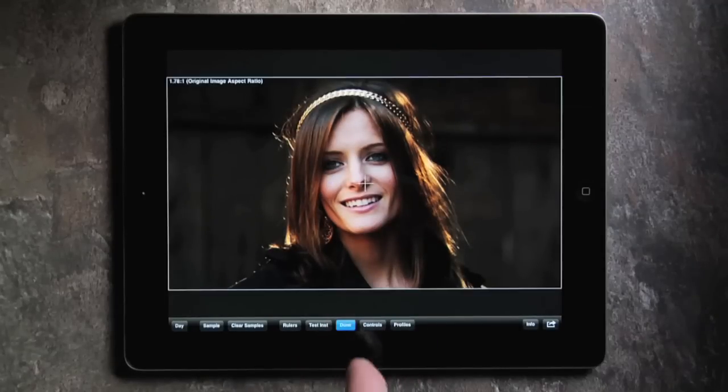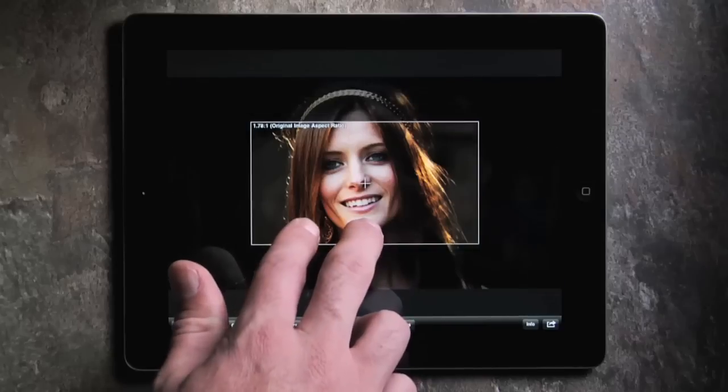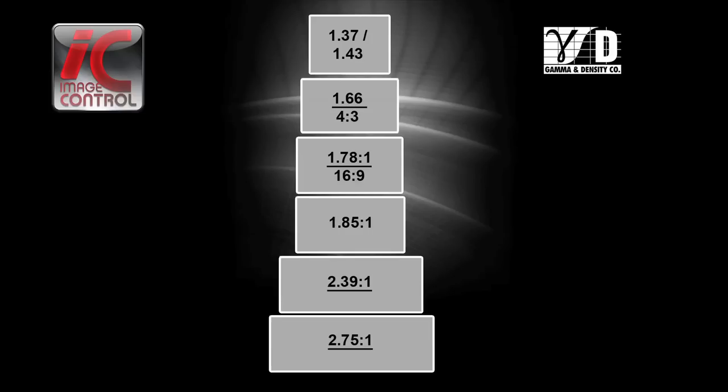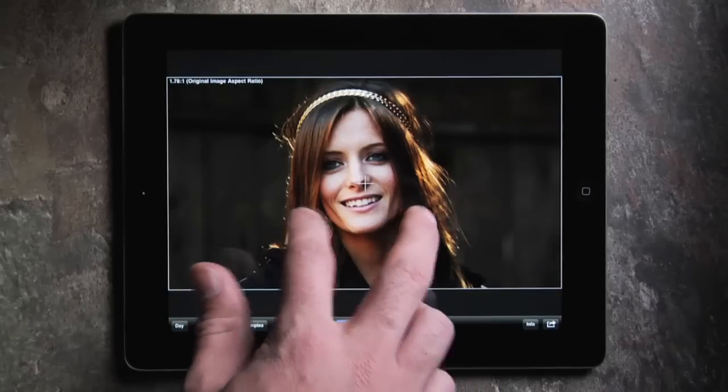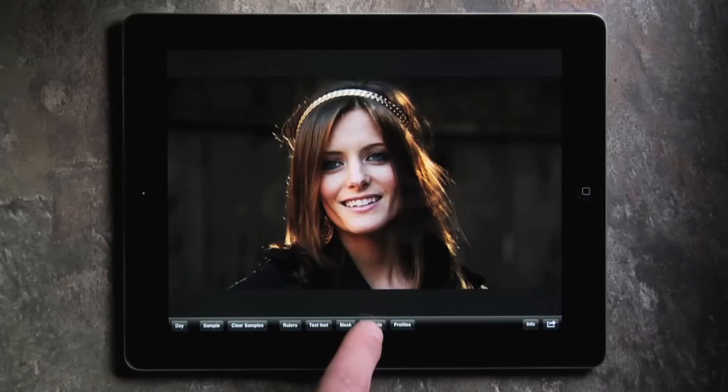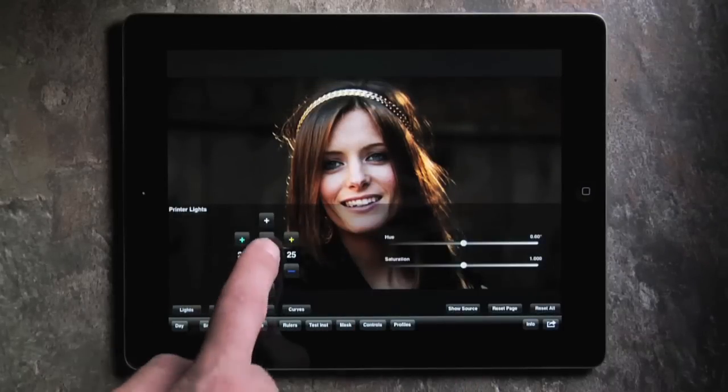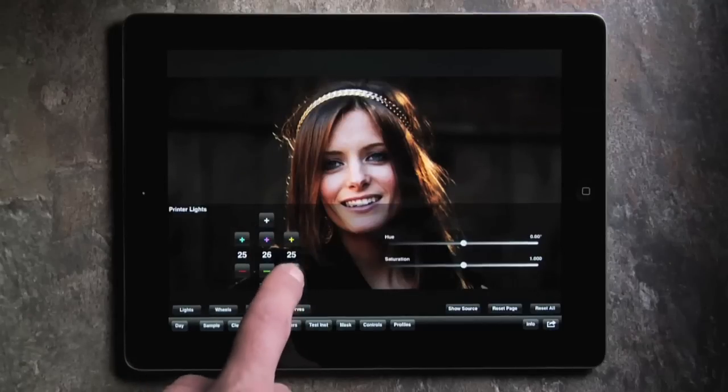I can also use mask for pre-visualization. I can select a variety of aspect ratios and also crop to see how a shot might look a bit tighter. Now, if I want to begin color correcting, I can go into controls and use printer lights,